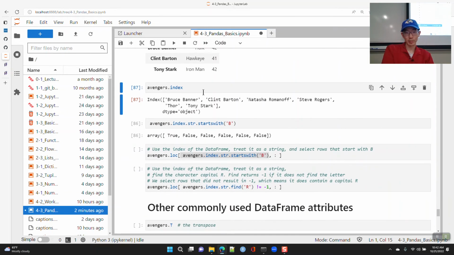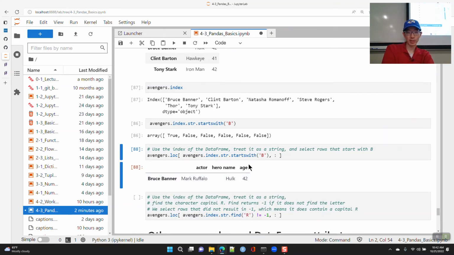So we have Bruce Banner. I guess that's the only one that's true here, okay? And so if we do that, we will get that particular row, all right?